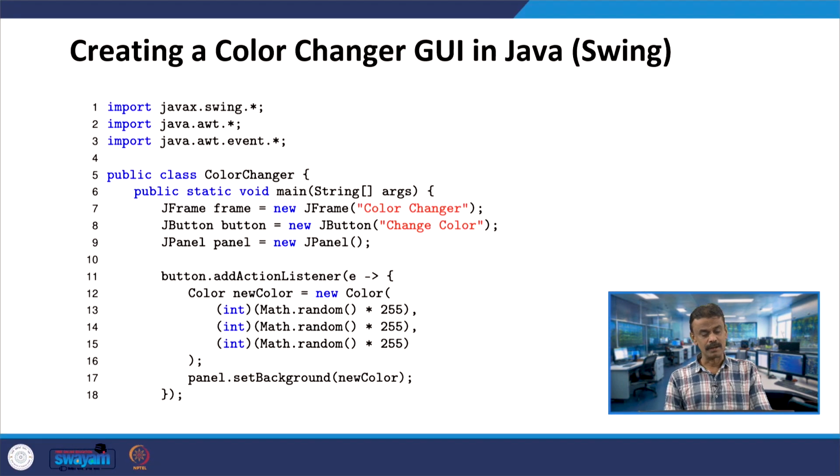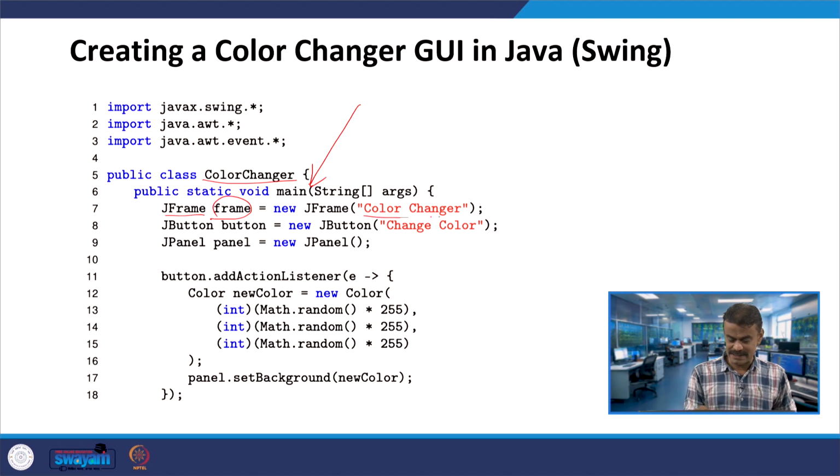Okay. We will see the third program, color changer graphical user interface in Java. All right, another interesting program. So, here you have swing awt.event star, this you are importing. So, public class color changer, it is a driver class, and I have the main program. So, frame is an object like exactly what we had seen, frame object under JFrame.